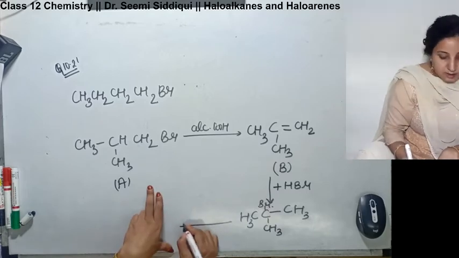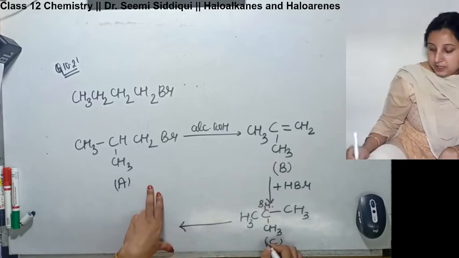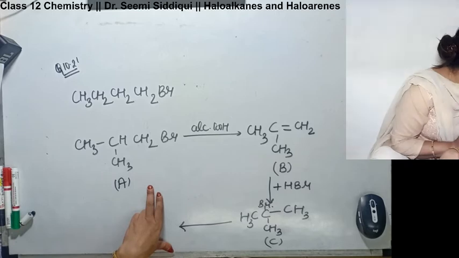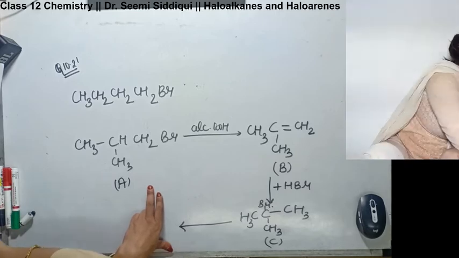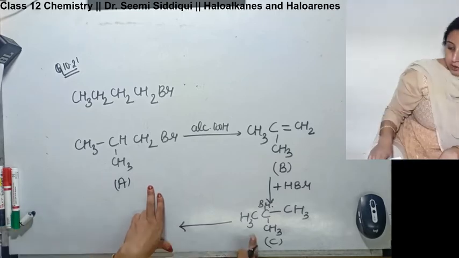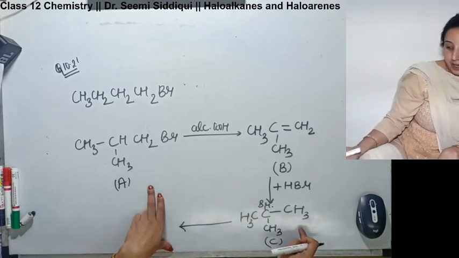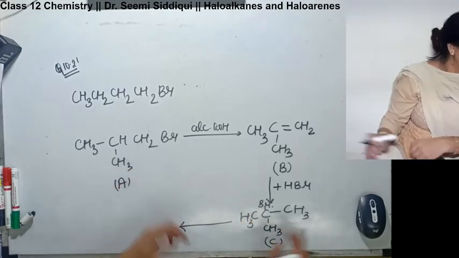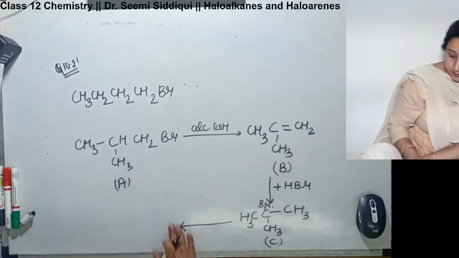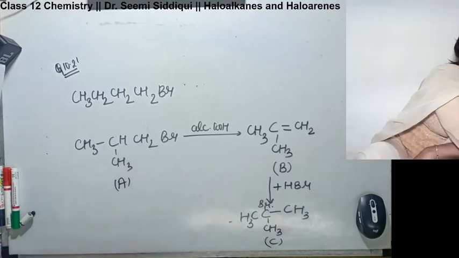Then it is saying that this is going to be C, which is an isomer of A. तो ये इसका isomer हो गया, यहाँ पे first position पे था, यहाँ पे second position पे, and the carbon chain is same. Then it is saying what,